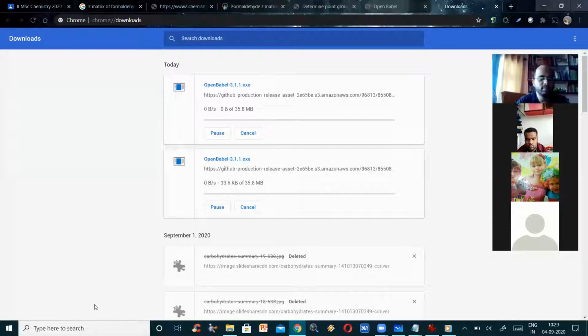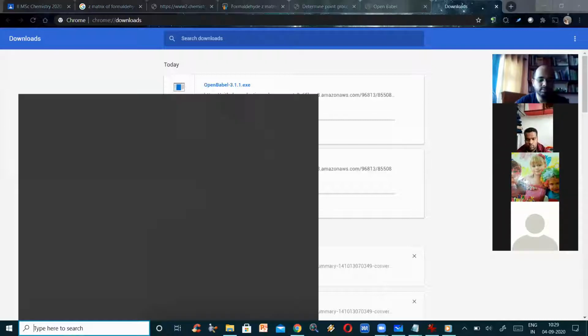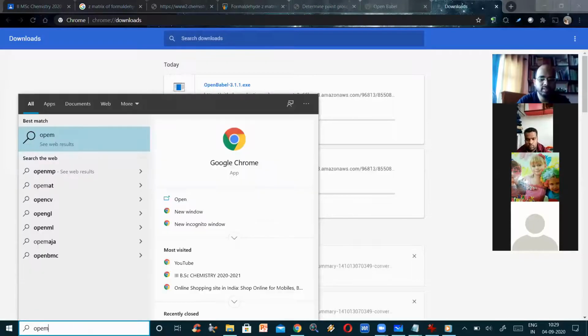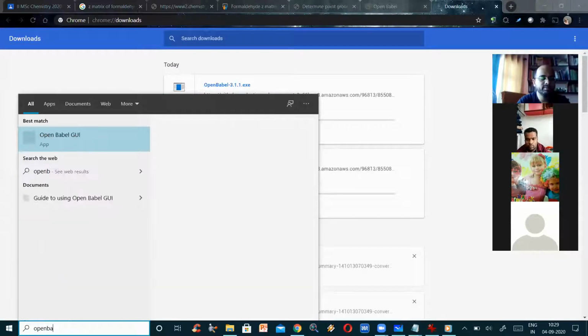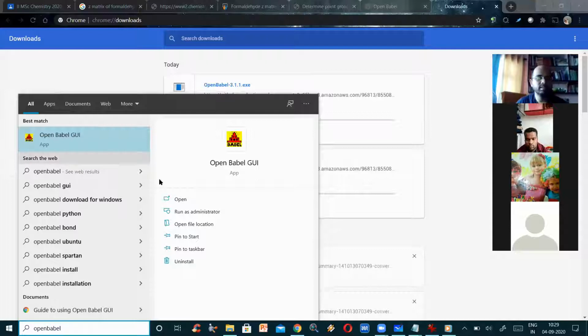I'll have OpenBabel on my PC also. So you please install this OpenBabel. Here it is. I've already installed it.